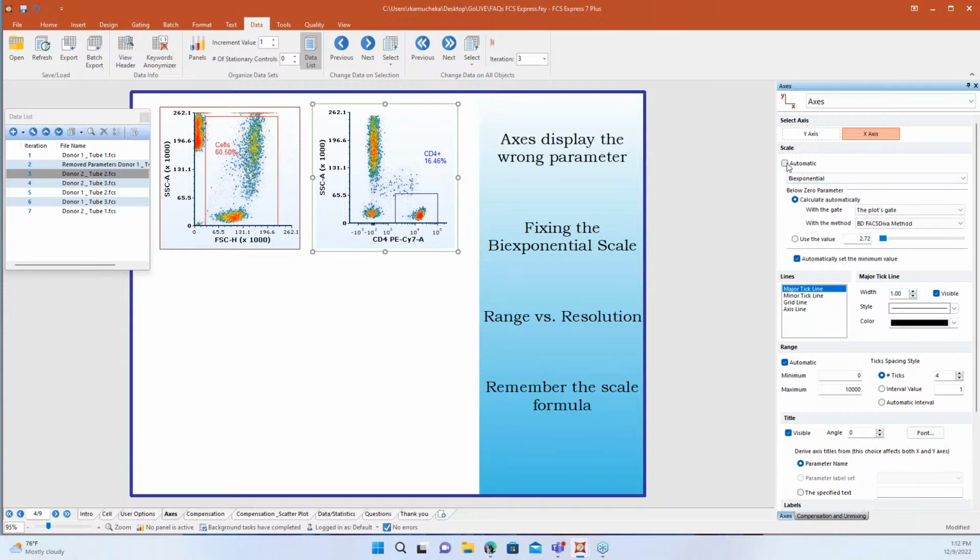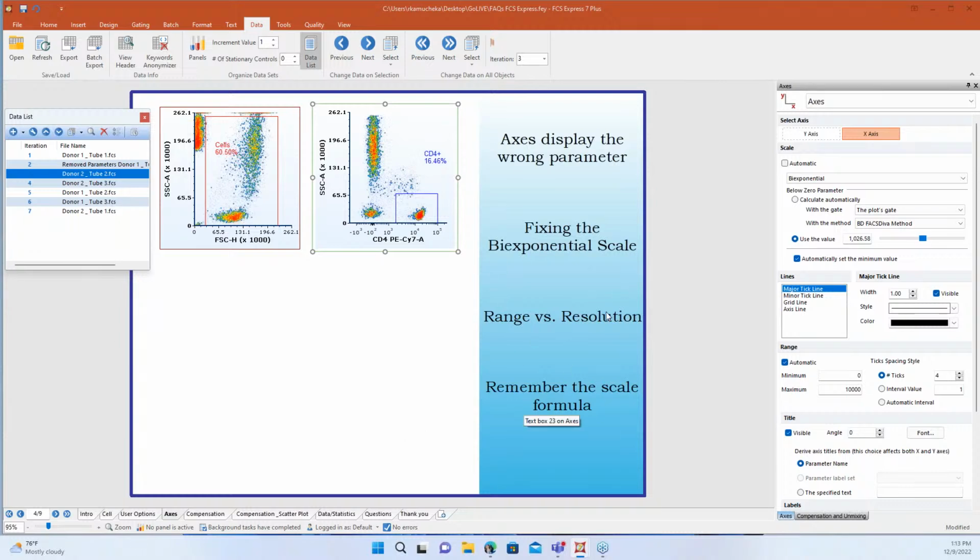If I uncheck this automatic box, I can either calculate it automatically, but this will also sometimes lead to some shifting if I let it calculate using this method. So you can also set a value. If I wanted to be very specific here, I can say, okay, I want my data to look like this. I can use this slider bar to adjust it. Maybe that's a little much. Maybe something like this is great. And this is how I want to use this value. Then when I pop to the next one, I don't see those shifts that I saw before. It's got that same nice scaling, and I'm just seeing my data move. It shifts up and down a little bit on that side scatter, but it's not moving left to right anymore on that X parameter.